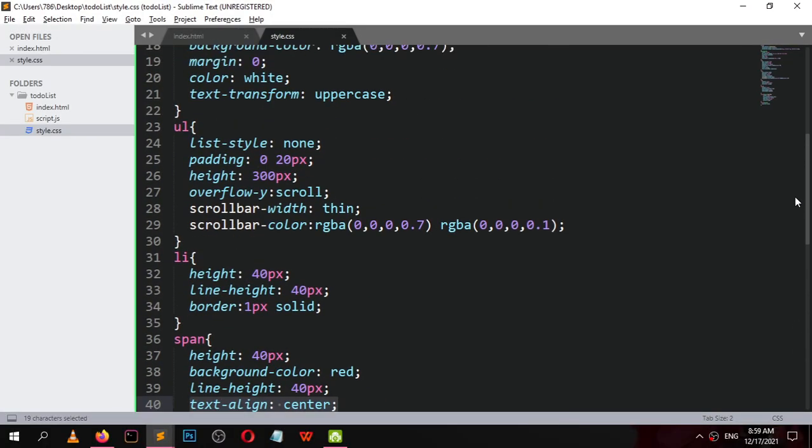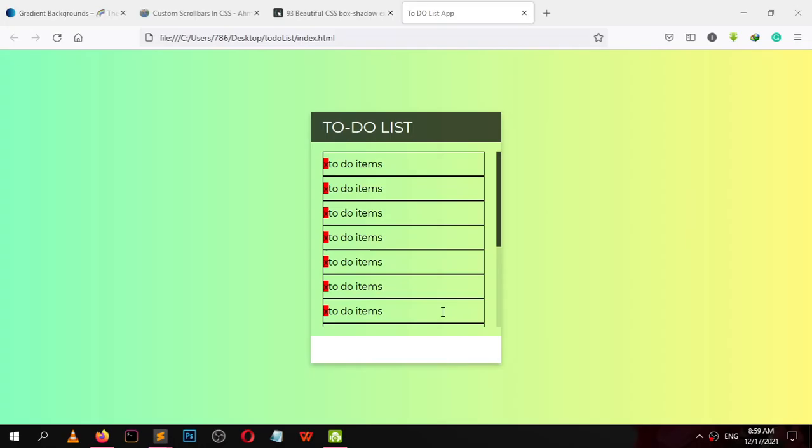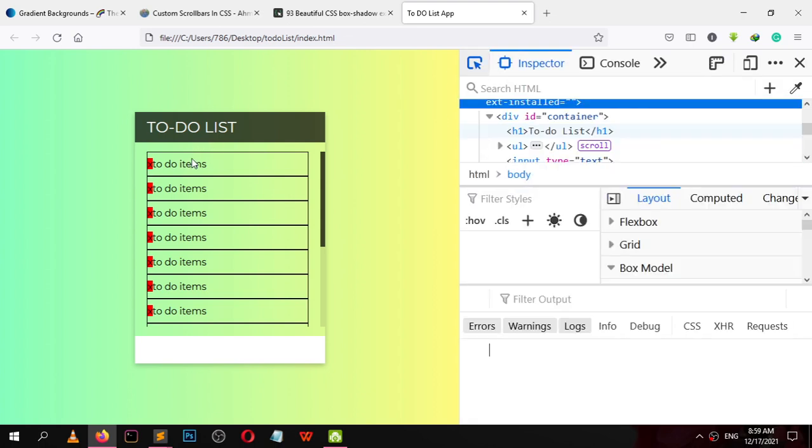And this li element, there is a minor issue, let me check.